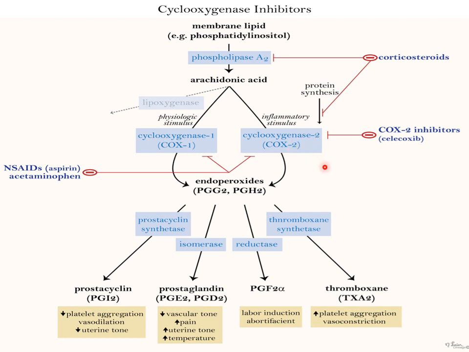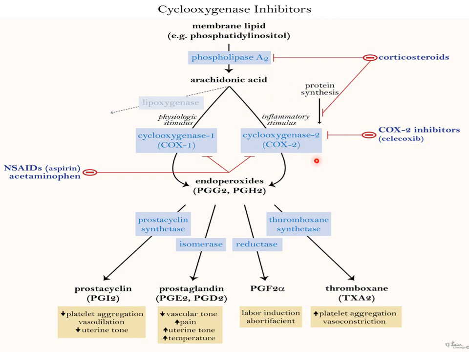So which enzyme is inhibited by anti-inflammatory drugs? Nothing but COX. What is COX? It is the cyclooxygenase enzyme, which prevents the conversion of arachidonic acid into endoperoxides. Another point here is that various non-selective cyclooxygenase inhibitors are there. All of those inhibit either COX-1 or COX-2. But selectively we can inhibit COX-2 by using celecoxib and rofecoxib. Selective COX-2 inhibitors are available in the market. So those can inhibit only cyclooxygenase 2 in pathological conditions.